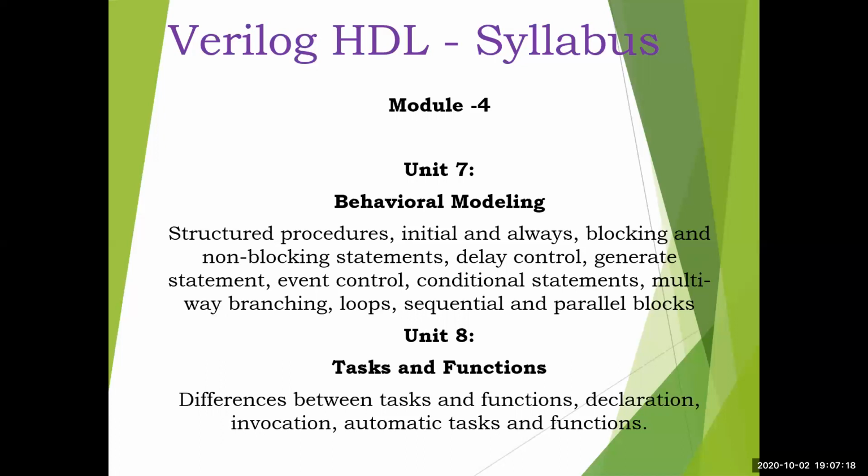The name itself says the behavior of the design will be explained here. For example, you can explain the operation of a kidney or heart, for which we could not write a Boolean expression. Whichever design we could not write a Boolean expression or a gate level diagram for, that kind of design we can take up in behavioral modeling. We will be discussing more in that section. So these are the three different styles.